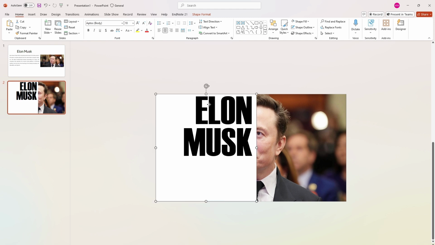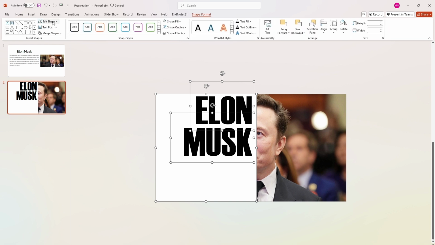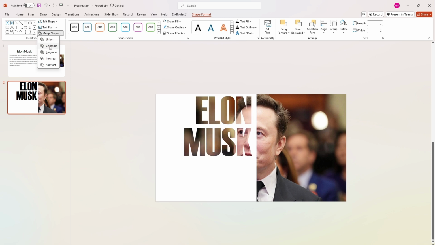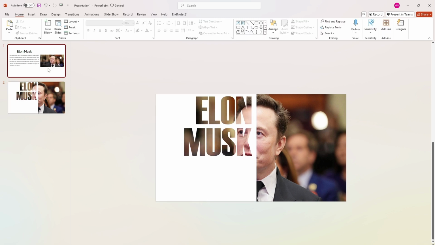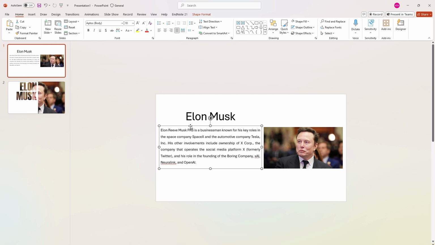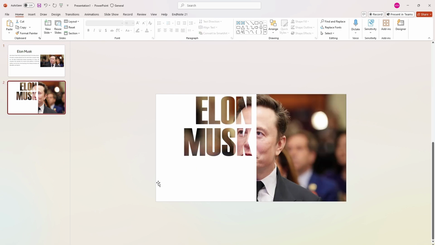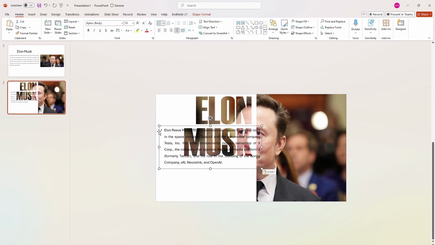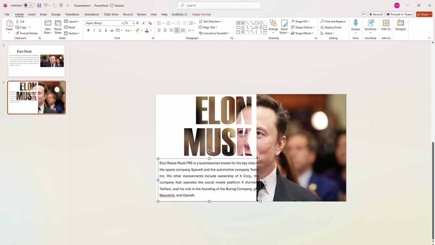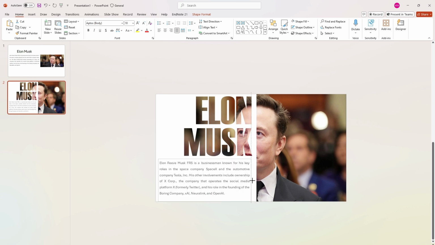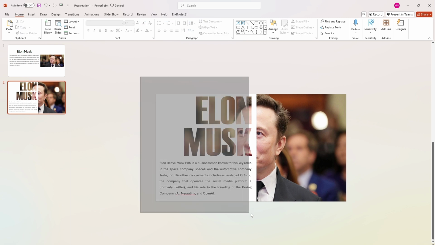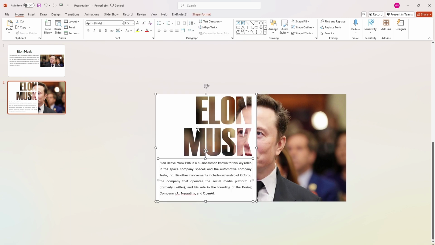Then select the shape and the font and go to Shape Format, Merge Shapes, and combine all the three shapes. Go to the first slide and bring the text. Select all and make a group,